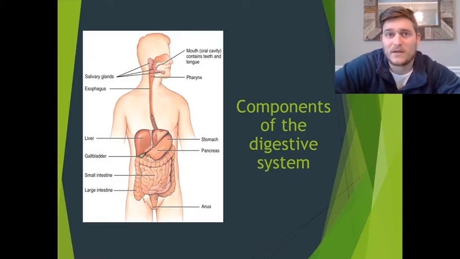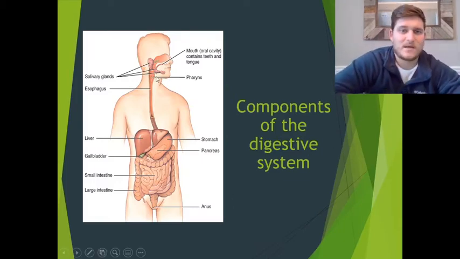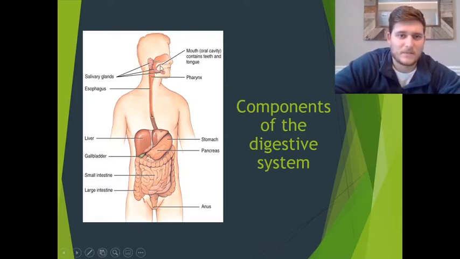So here's a look at our digestive tract. Again, this is a long continuous tube from the mouth heading down. The food will head down the esophagus into the stomach, and then whatever is passing through is going to go through the small intestines, and then the large intestines before leaving the body. But we'll talk also a little bit about these other organs, including the liver, the pancreas, and the gallbladder, and